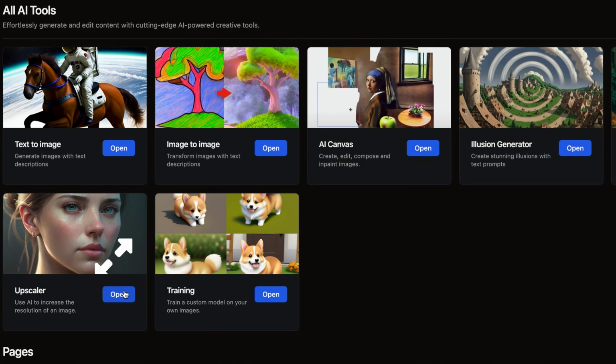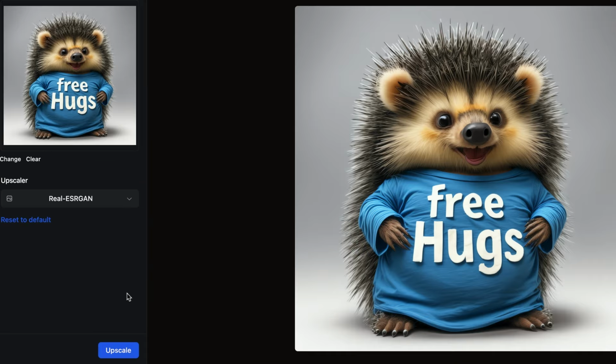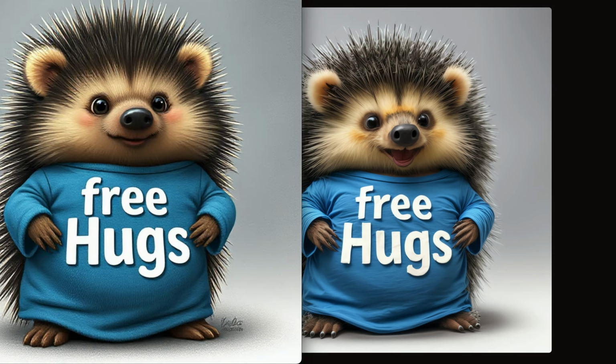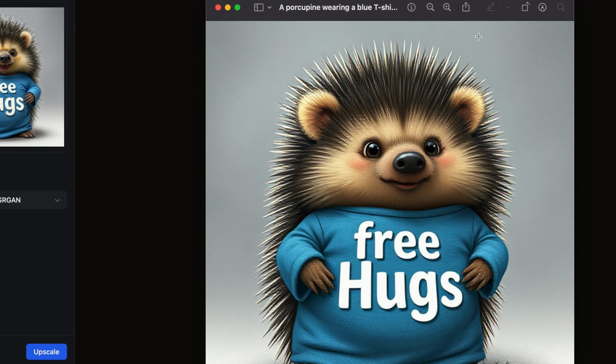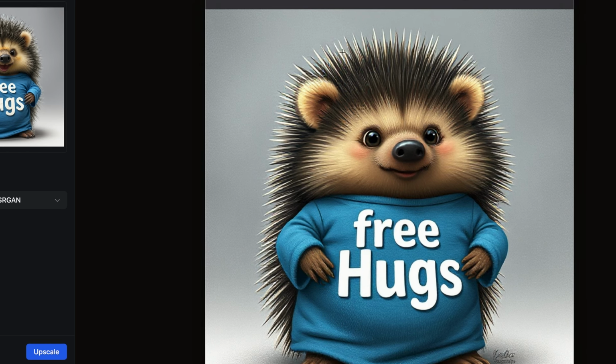So upscaler, as it says, it will increase the resolution of the image, it will increase the size of it. So I had the example of the porcupine again. By default, just throwing it through this upscaler will only make it larger. It won't add details or make it sharper. It will literally make it a larger image using the real